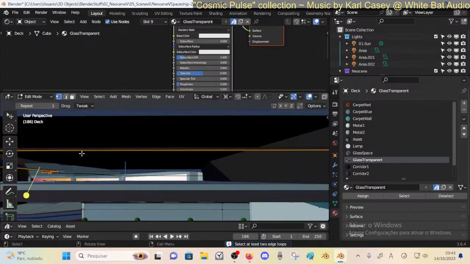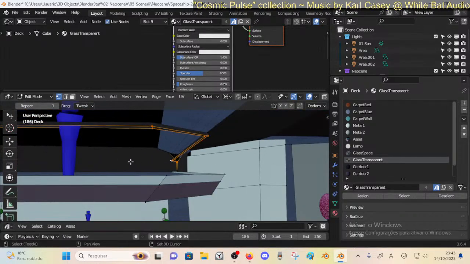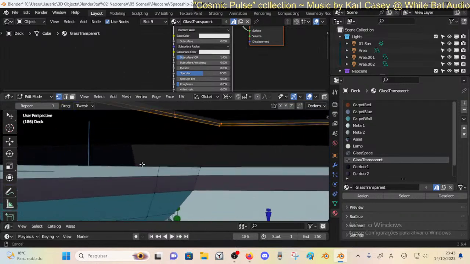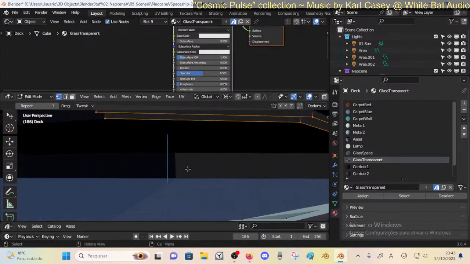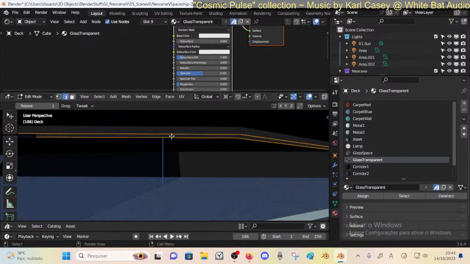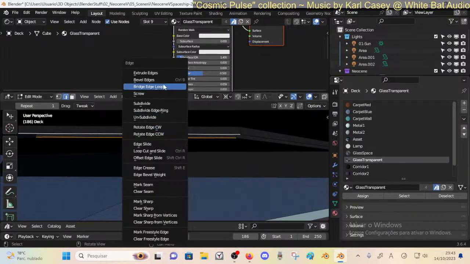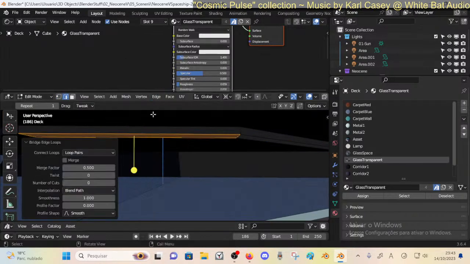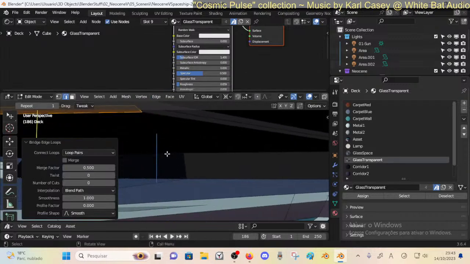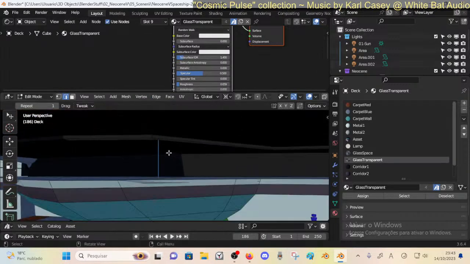Okay, this is really bizarre. I've just used today, I think, bridge edge loops, and I haven't seen this issue. Bridge edge loops, yes. Alright, so